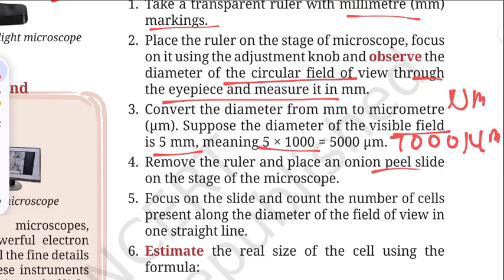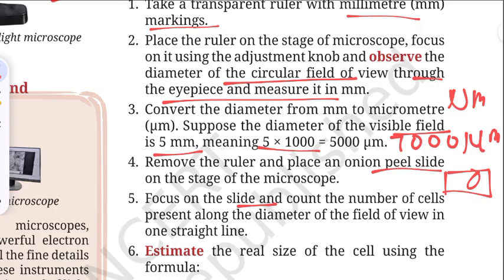Remove the ruler and place the onion peel slide on the stage. Slide means you will take one clean mirror type. You will place the onion peel. Now you will focus on the slide. A slide is transparent and thin like this, on which you have kept the